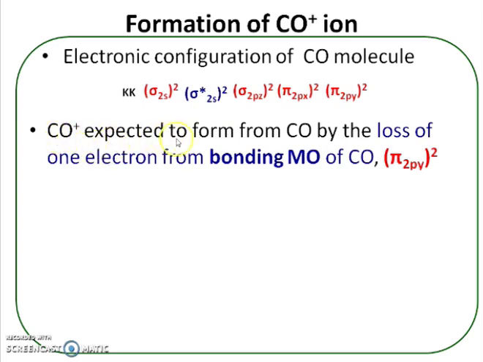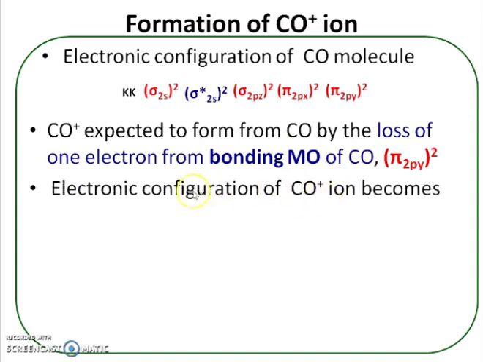This CO plus cation is expected to form from carbon monoxide by the loss of 1 electron from the bonding molecular orbital of carbon monoxide. Any one of the bonding electrons, especially a pi bonding electron, maybe from pi 2px or pi 2py. Suppose an electron is lost from the pi 2py orbital, and when 1 electron is lost from this pi 2py orbital, then carbon monoxide gets converted into CO plus, that is, the CO plus ion, and in that case the electronic configuration of the CO plus ion becomes